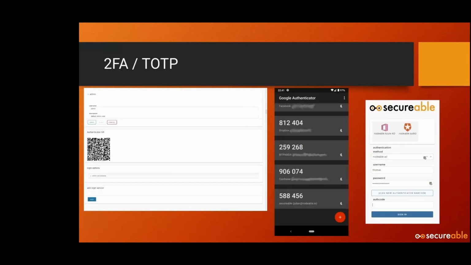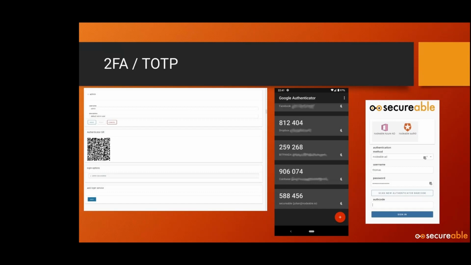We've also added time-based one-time passwords, or TOTP as we call them. So for anything that needs a username and password or user interaction, you can specify that it has to be secured with the time-based one-time password as well.